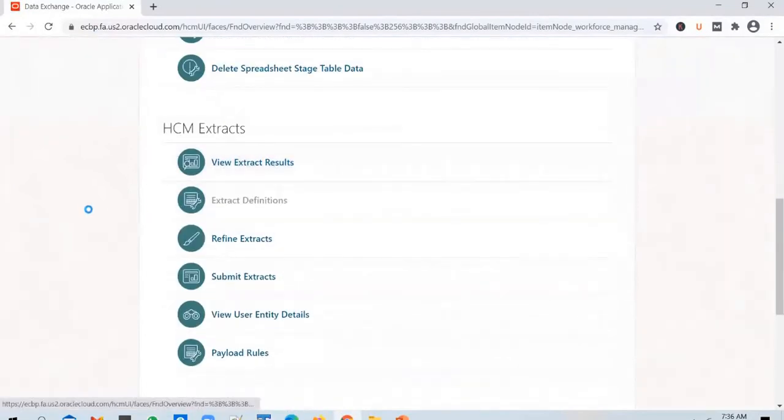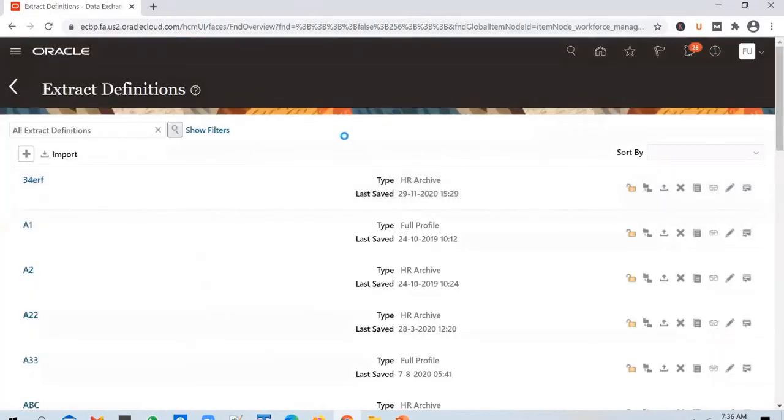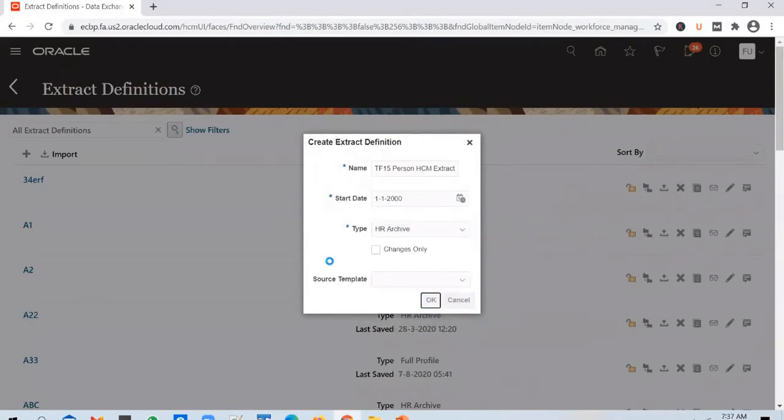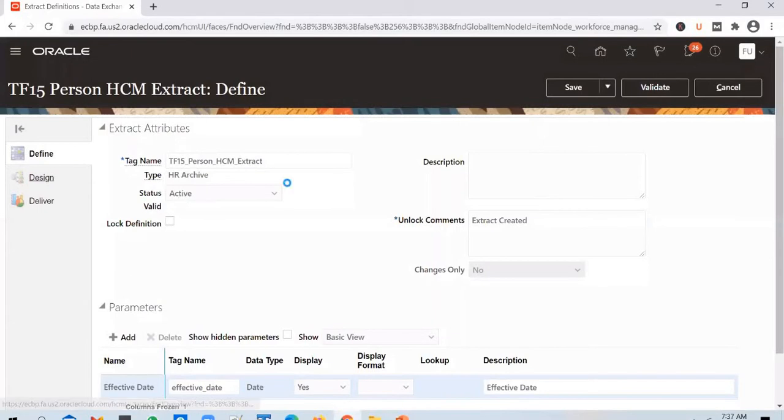You go ahead and create a new one. I would say Person HCM Extract. And we'll quickly go to the design page.